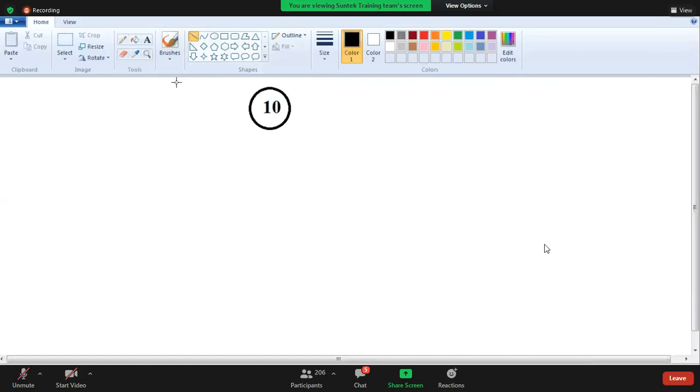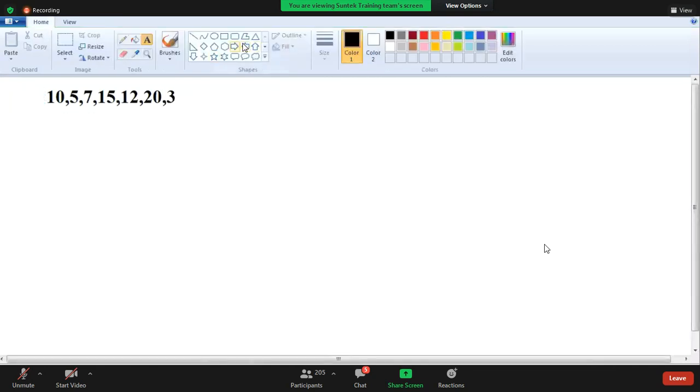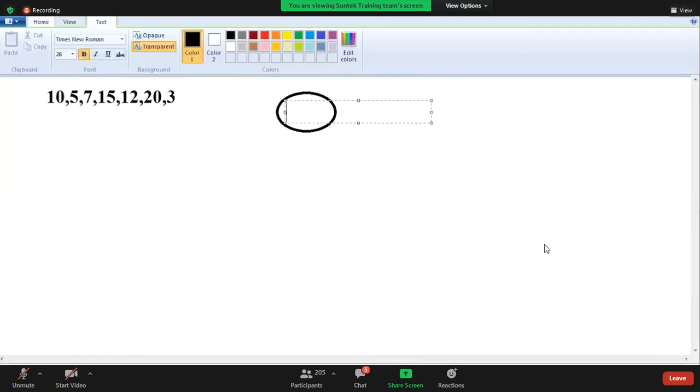For example, I will take some elements, guys, so we draw that binary search tree. I will follow BST. How to create a BST? I am writing 10, 5, 7, 15, 12, 20, and 3. First, a simple diagram I will draw. First take 10, guys. This is 10. The first element is the root.